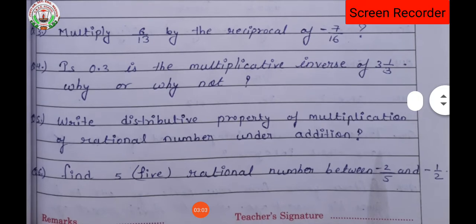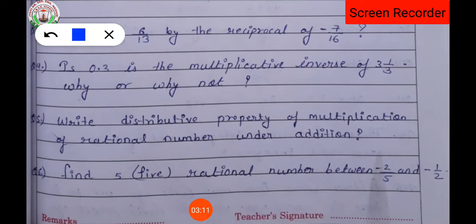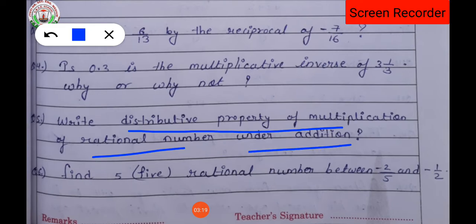Fifth question, write the distributive property of multiplication of a rational number under addition. So dear student, here you have to write the property or the formula of the distributive property of multiplication of rational numbers under addition. So what is distributive property? It will be A upon B into C upon D plus E upon F, okay, is equals to, it becomes,